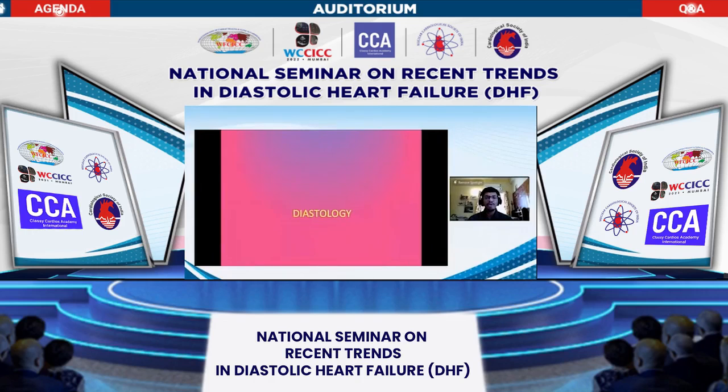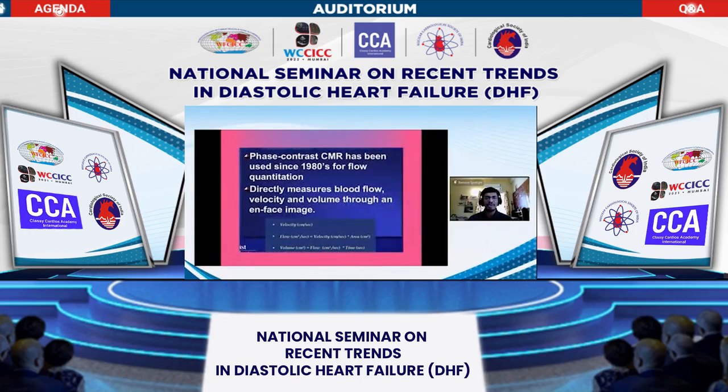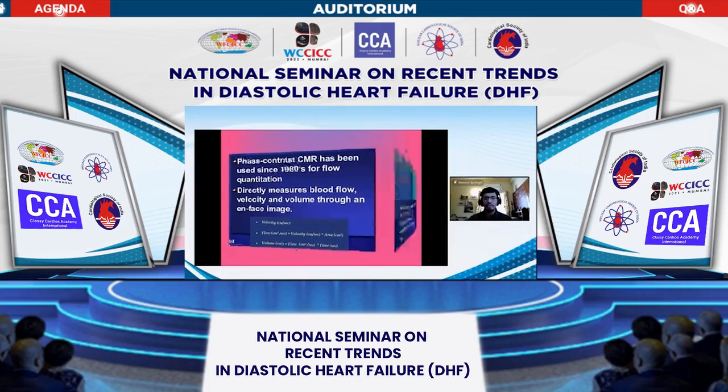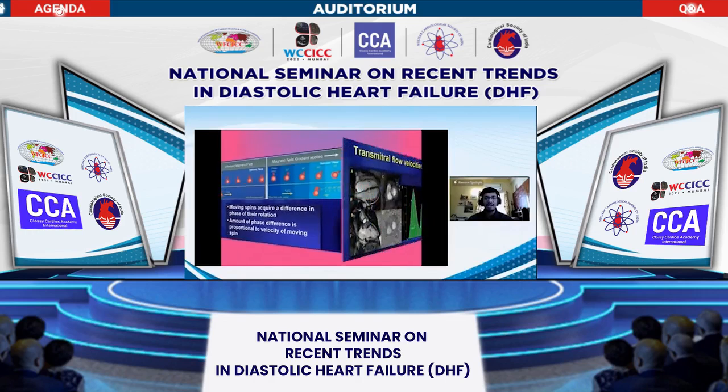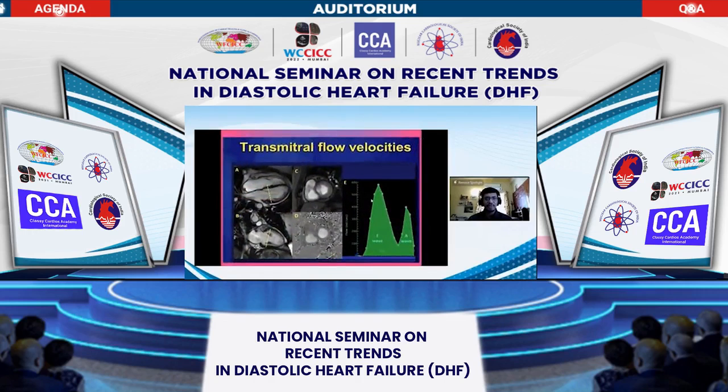Moving on to diastology, which was always the realm of echocardiography, we have used a fairly old technology called the phase contrast CMR, which has been around for the last 30 years, to look at velocity, flow, and volume. And by the shift of the moving spins and their phase difference, we are able to calculate the difference in the velocities. So what we look at first is to picture the mitral, the tricuspid flow velocities, and this is what you get at the mitral level. And this is the typical trace that you get out of the transmitral flow, which is similar to that of